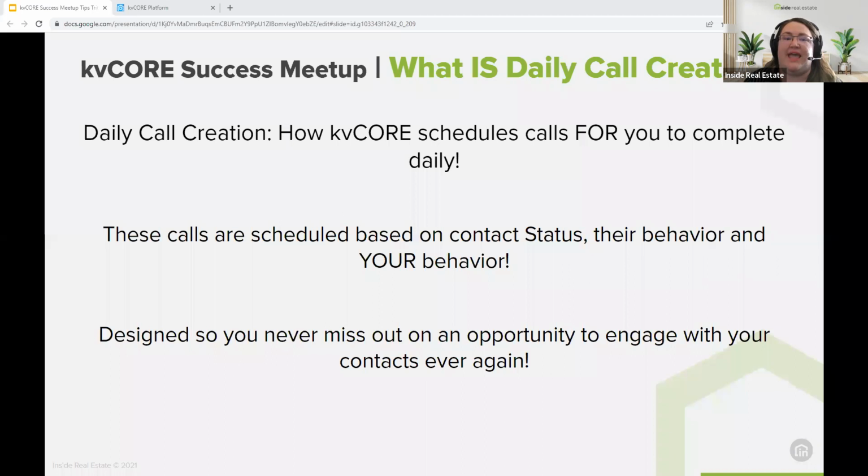It looks very specifically at certain statuses, and you can set what those statuses are. I'm going to show that to you. So specific statuses, and then their specific behavior. There's other things that go on in there too.